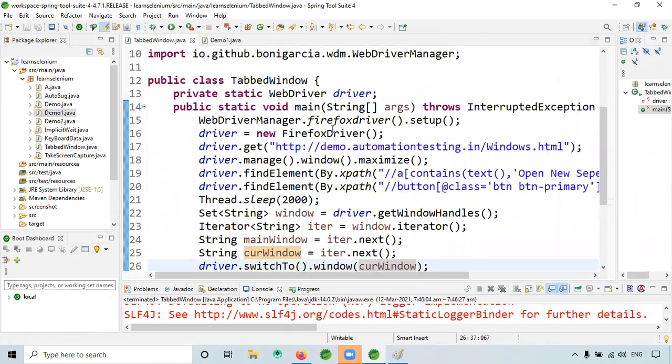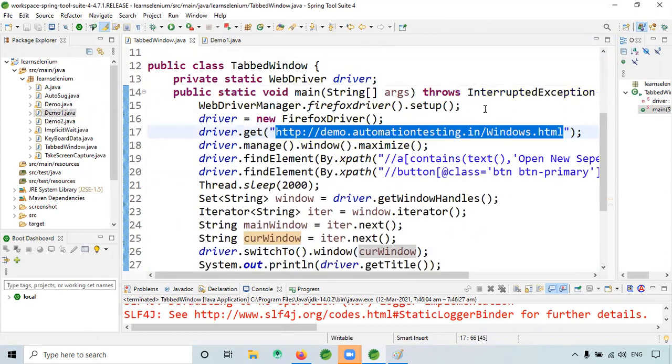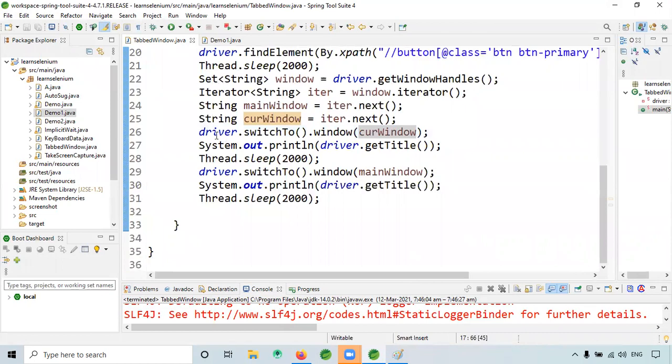So we don't need to go to the separate URLs when you click on the tab. It will work. The only thing is we have to locate the correct element, I mean the correct corresponding element.